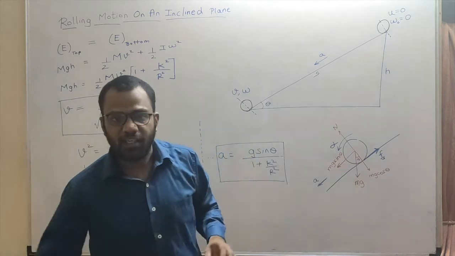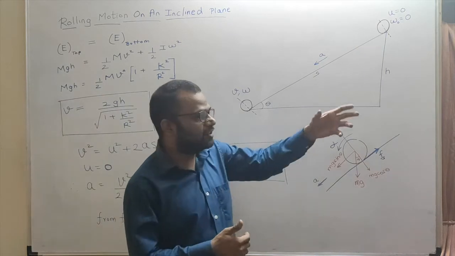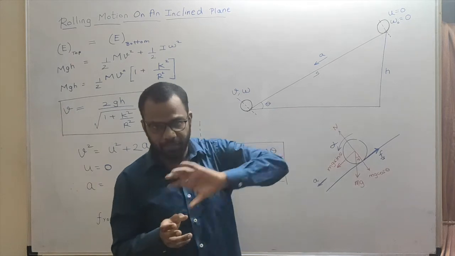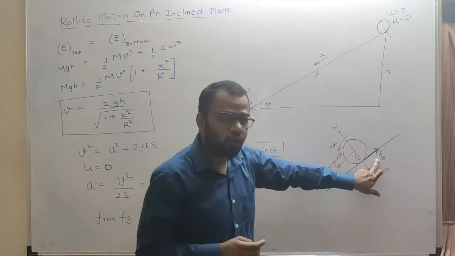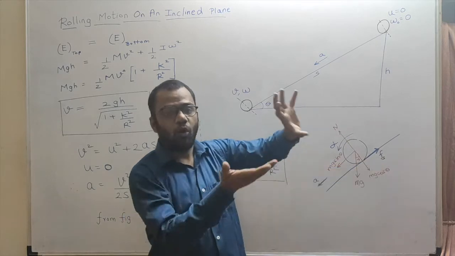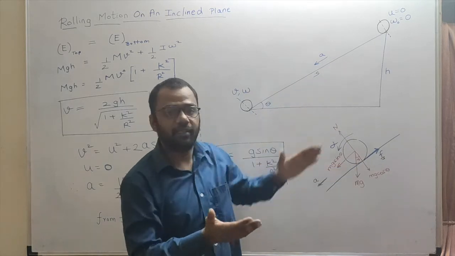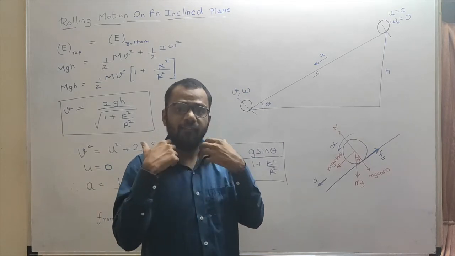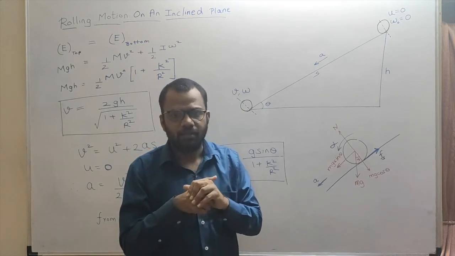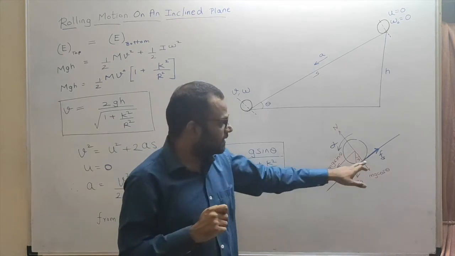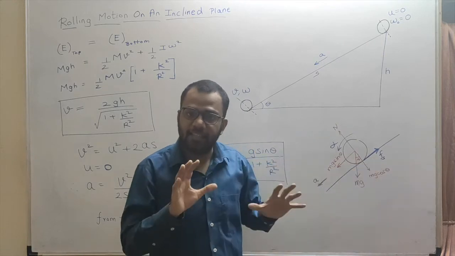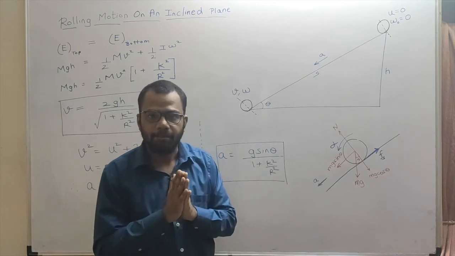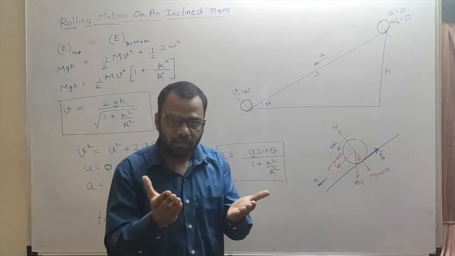As we have just discussed, if the object is rolling and coming down, it is not slipping. If it had been slipping, the friction force would have been kinetic. In that case, the object would have rubbed against the incline, and the incline and the object would have become a little hot. That would have consumed some energy. Since it is static friction, not kinetic friction, there is no loss of energy in this motion, and hence we can use the conservation of energy.